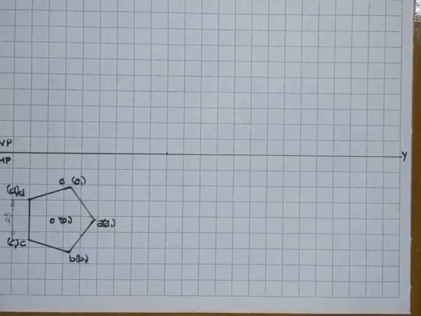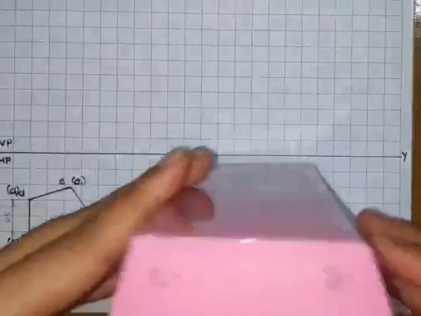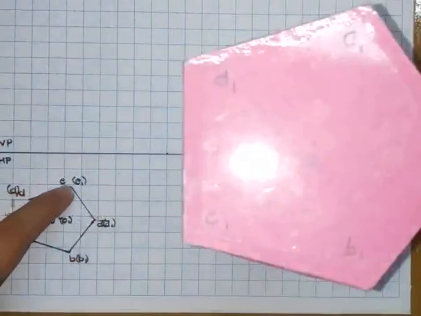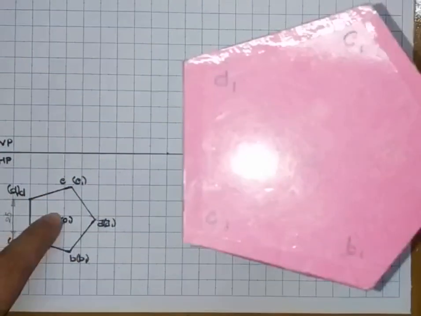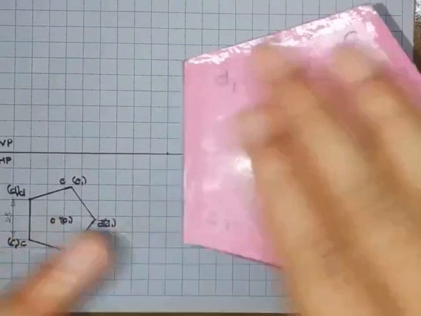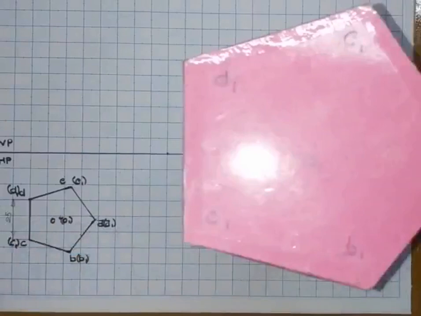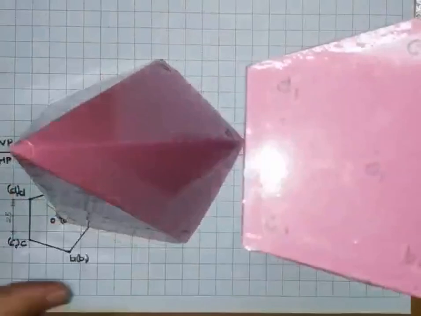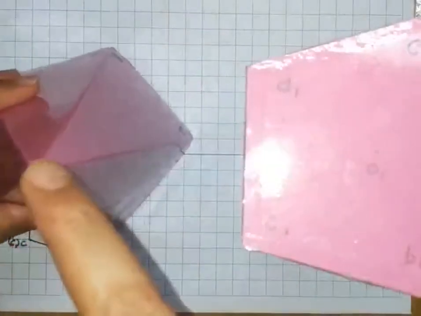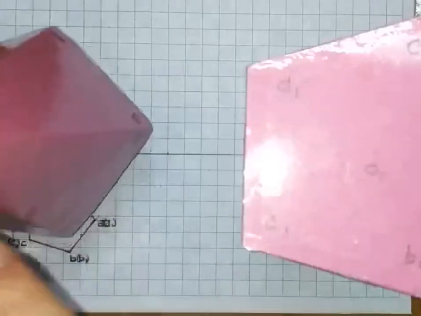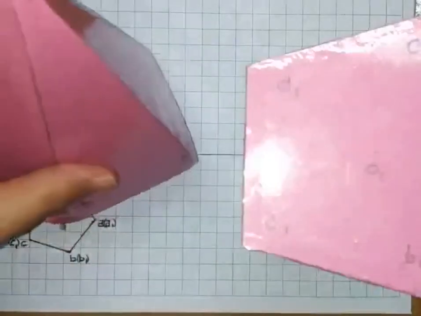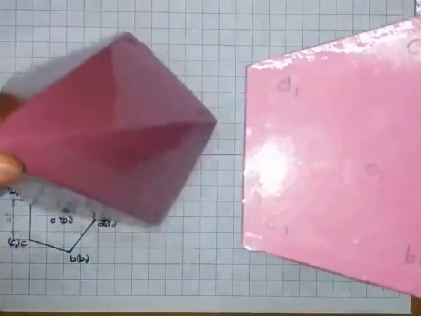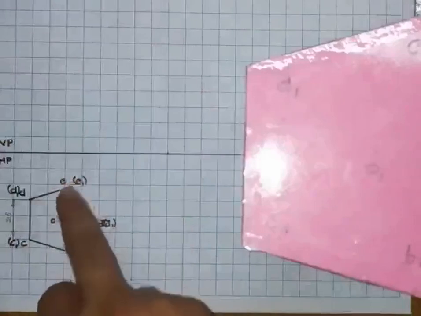And one more thing, unlike in case of a pyramid, here no need to connect these corners to the center. This is because here if you look from the top, it's a plane surface. If you take a pentagonal pyramid and look from the top, you'll be able to see all the slant edges, O to A, O to B, O to C, O to D and O to E. So in a pyramid we were joining all the corners to the center.